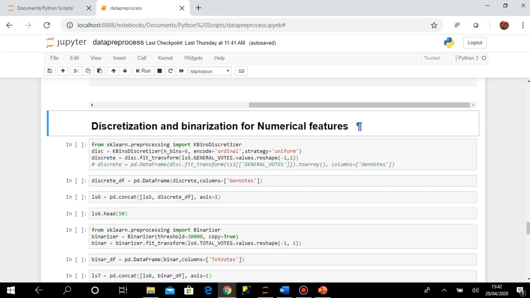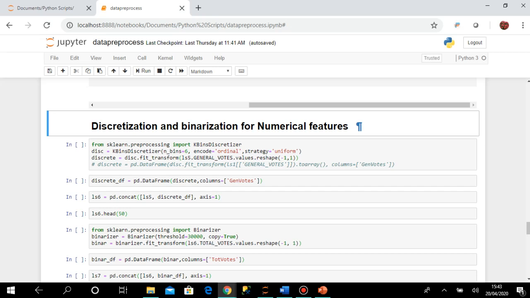I gave you the example of age. If the age of a person may vary from 0 to 100, it's a continuous value and there are a lot of possible values. So instead of maintaining that, maybe we can create 10 groups, like for age 0 to 10 group 1, 10 to 20 group 2, 20 to 30 group 3, like that. So instead of maintaining numerous ages, I can have some 10 groups. Whenever some age comes, I will check which group it falls in, and accordingly assign some value to it. That is the discretization. And binarization means it is like 0 and 1.